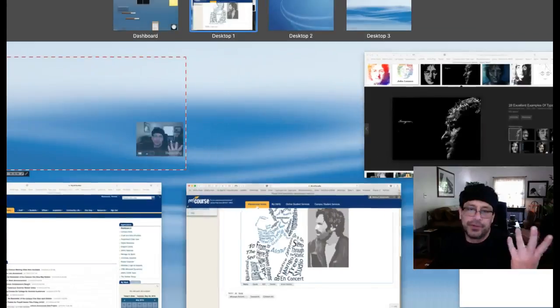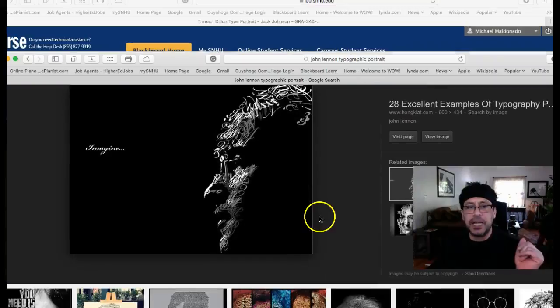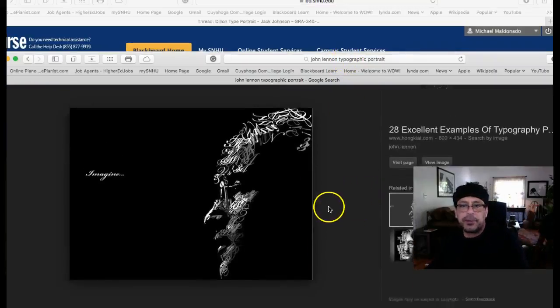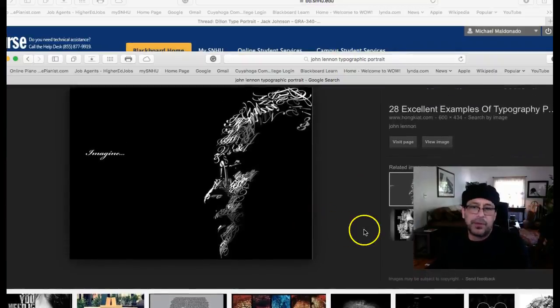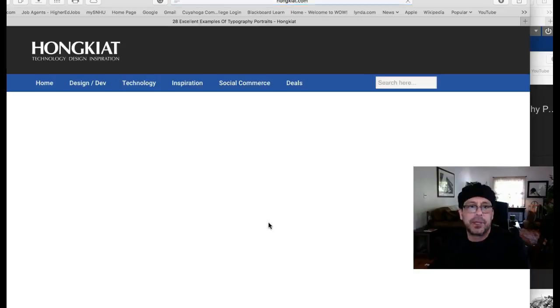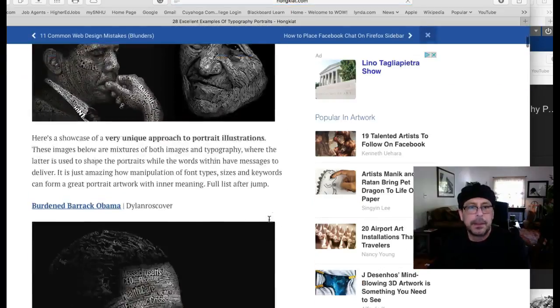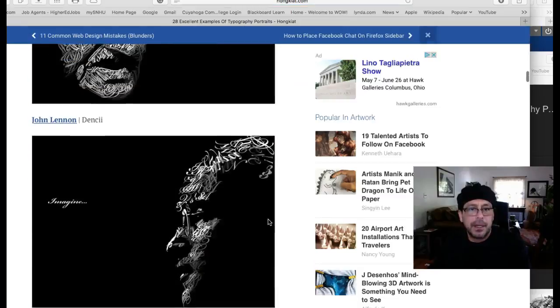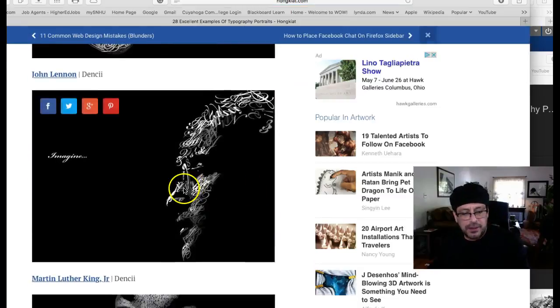Of course, this is the example I'm using. This is the John Lennon. If you want to find this image, just type John Lennon typographic portrait. And I think this is one of the best ones that we've really ever seen. I'm gonna drop that on my desktop real quick so we can see. Yeah, this is